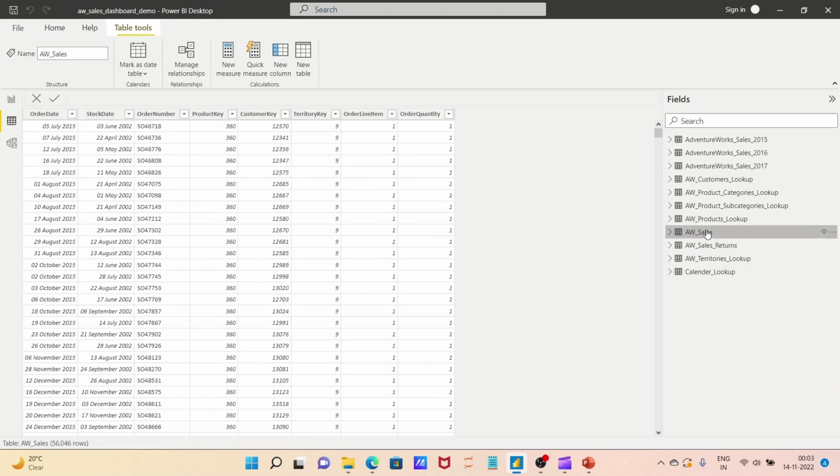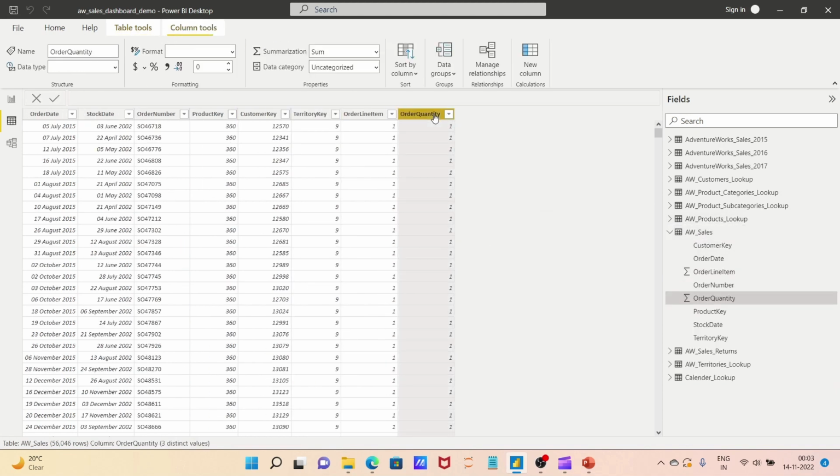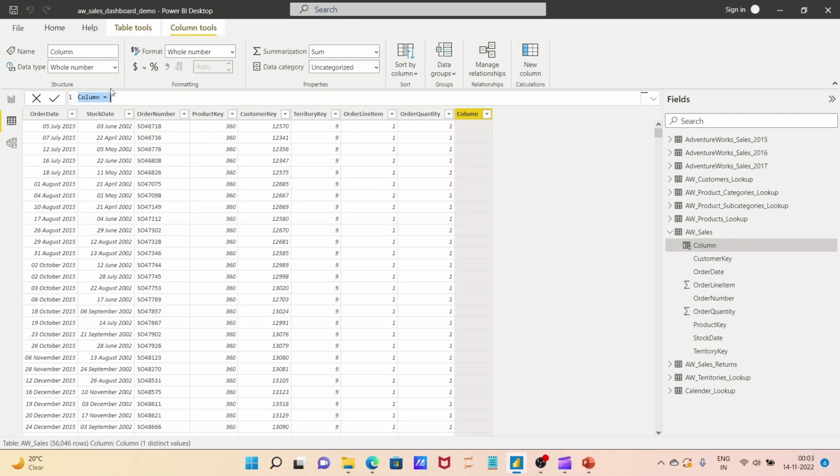Now let's create another column. We will go to, let's say, the sales data, and let's say if the order quantity is greater than 1, then we can say multiple quantity, and if the order quantity is less than or equal to 1, then it is a single quantity. So we will create a new column, and let's say we will name it order quantity,